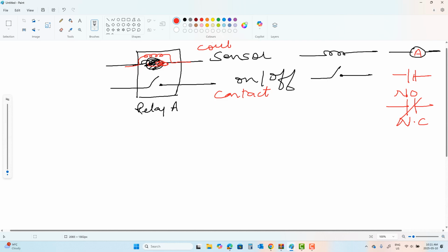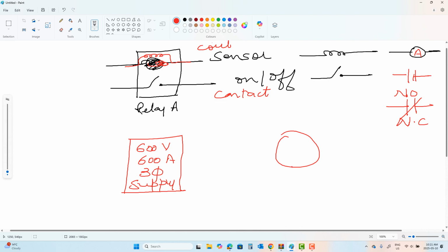Okay, so the easiest example would be, and you and I are going to do this together. Let's say you have a motor, okay, supplied by a 600 volt source. This panel is 600 volt, 600 amps, 3-phase supply. Okay, you install a motor right here. Okay, it's 100 HP, 575 volt, 3-phase